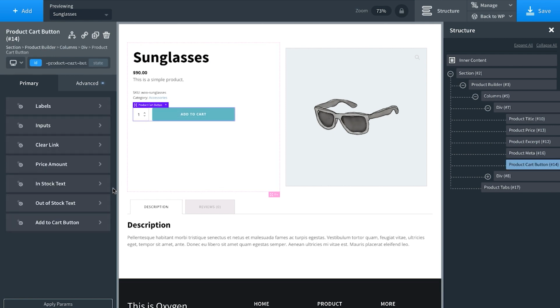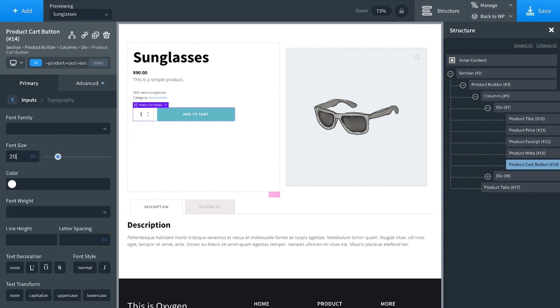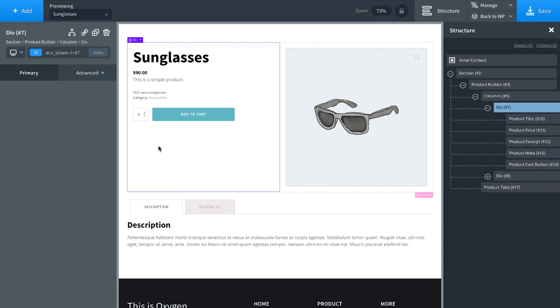right? We could go over here. We could go over to the input, so we could customize, maybe how big is the font. We could make it bigger. We could make it smaller. You could do whatever you want. But the best way to do it to get a consistent look across your site is actually do this on